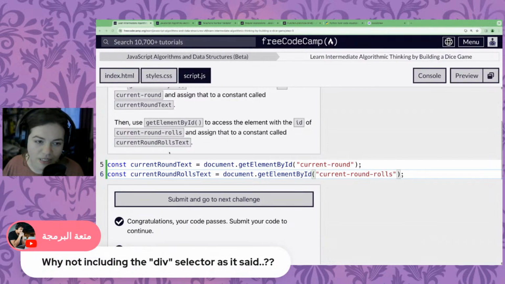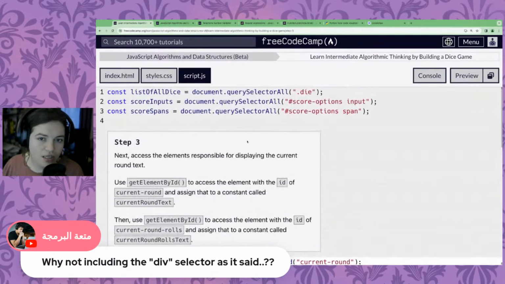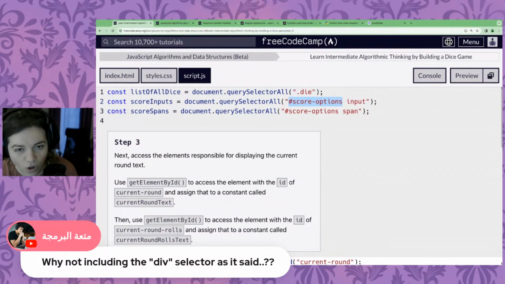Why not including the div selector as it said? So what you're saying is I could have put div hashtag score options. This would work as well. However, because we know there's only one element with score options ID, and that's the keyword, ID, we know we're targeting that one specific div.